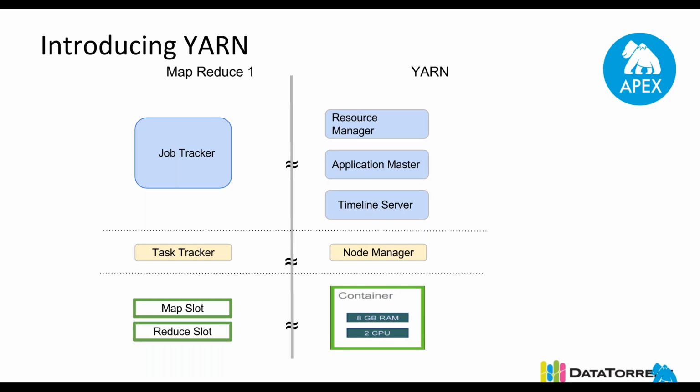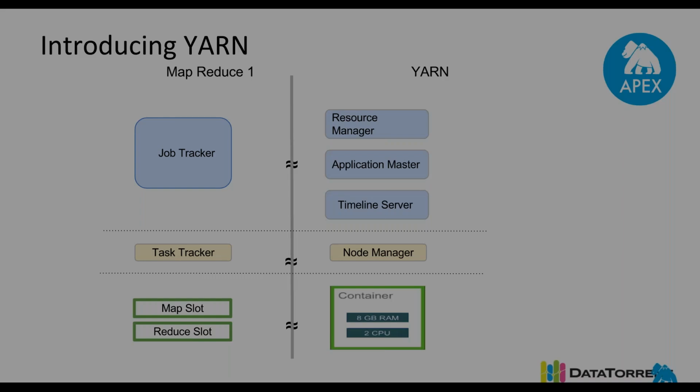So it used to play a very important role, and hence had a very high load and high responsibility, and was also a single point of failure. Whereas task tracker was the one which used to manage all the tasks on a single machine. So in Hadoop version 2, which is YARN, the responsibility of the job tracker has been split into multiple components. One is known as resource manager, which takes care of all the resources in your cluster,